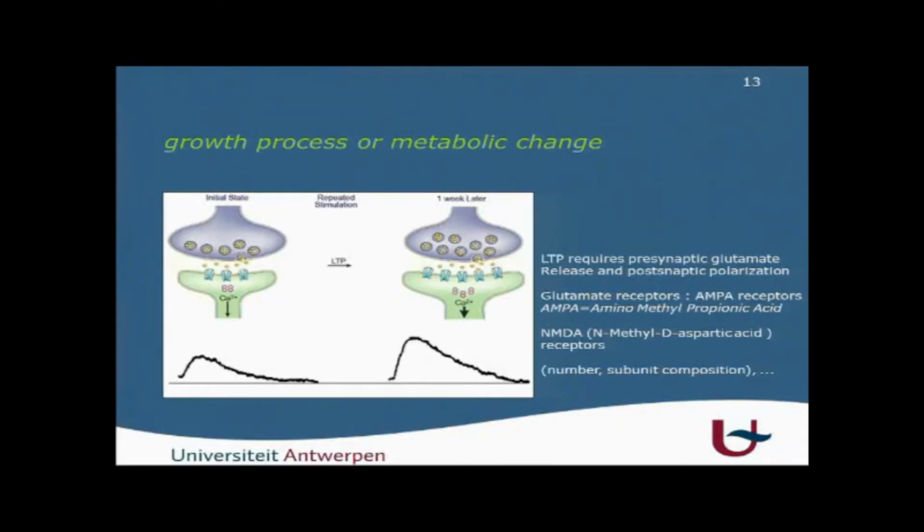And after long-term potentiation, so repeated stimulation, you see changes occurring. For long-term potentiation, you need presynaptically glutamate to be released in order to have a depolarization postsynaptically, and you need more receptors. And I mention here glutamate receptors, AMPA receptors, and NMDA receptors. And what is changing is the amount of glutamate can change, or the amount of,